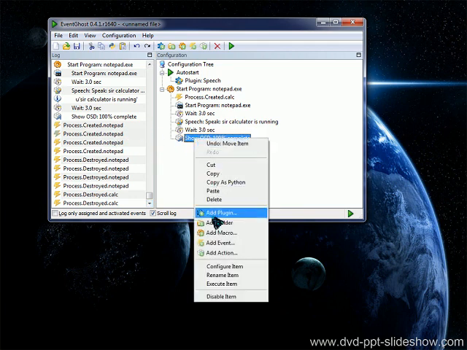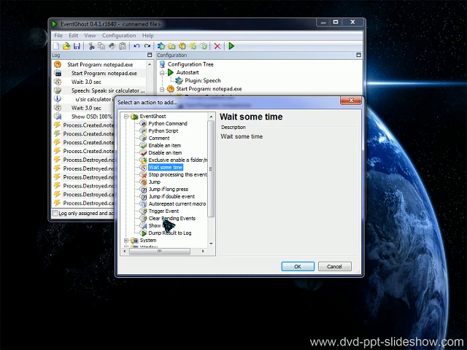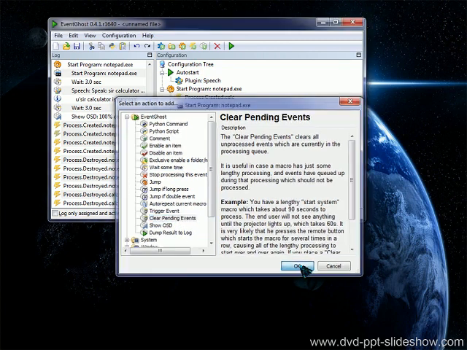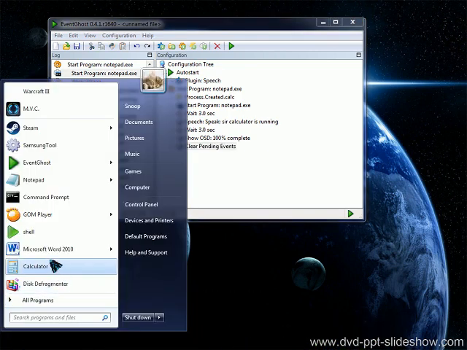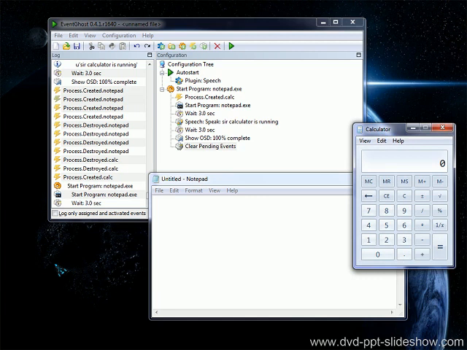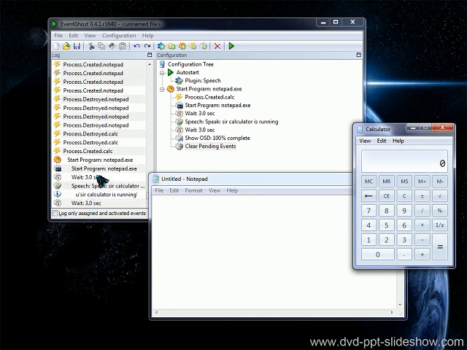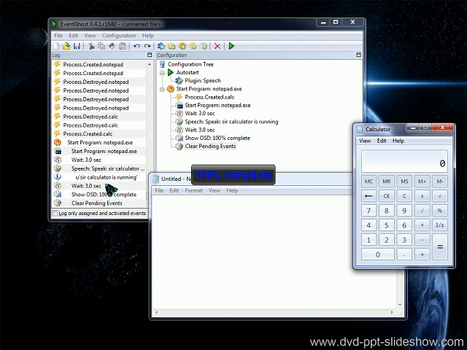So usually I use another action, clear pending events. So if you run calculator, it will run once only. Okay. Sir, calculator is running. Waited 3 seconds. Waited 3 seconds, and then on-screen display, then clear events. Okay, now let's go back to, this is just very basic introduction using EventGhost. Okay,